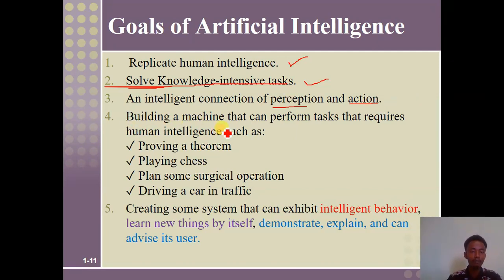So the other one is building a machine that can perform tasks that require human intelligence. Maashinii dandeettii dhala namaa barbaachisu tokko akkasitti maashinii akkasii dhala namaa bakka bu'ee nuuf hojjetu qabaachuudhaaf nu barbaachisa jechuudha. So like proving a theorem, playing a chess game, performing some surgical action,